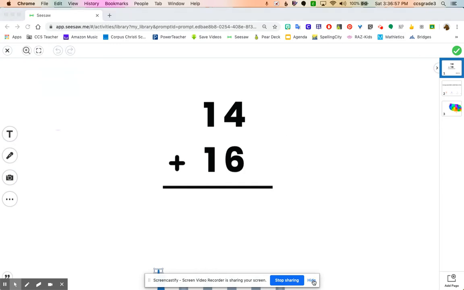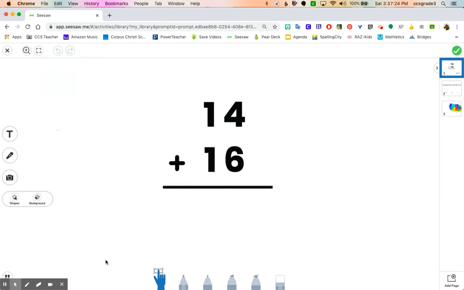I am going to have these tools available to me where I can write and draw in different colors or erase. This hand right here, this is to move objects. This is going to be really important. And when I hit record, I'll have an arrow that'll allow me to point, which I use a lot. You also can build within Seesaw as you're filming. So if you wanted to type or if you wanted to add shapes, you can. But what I do is I set my lesson up